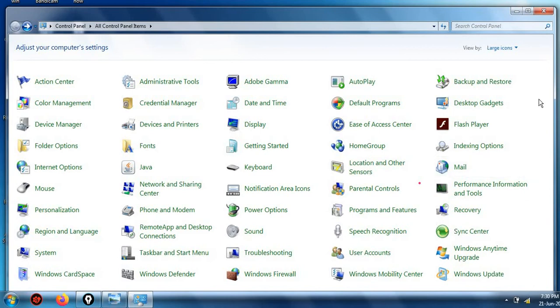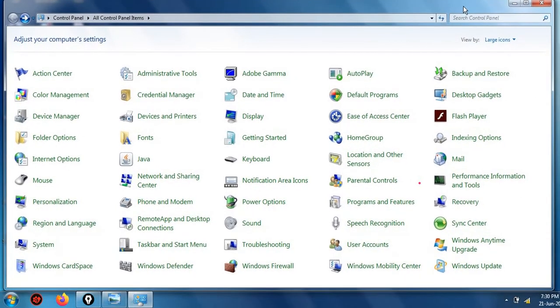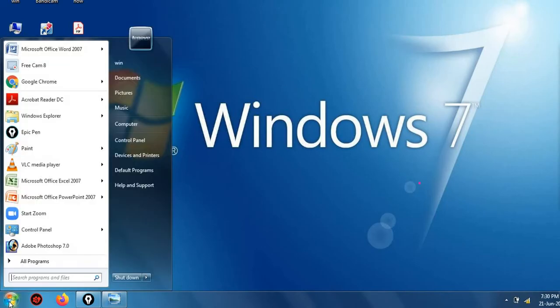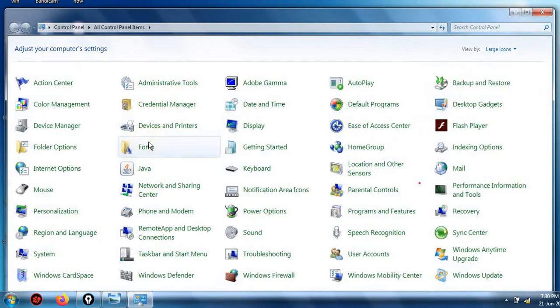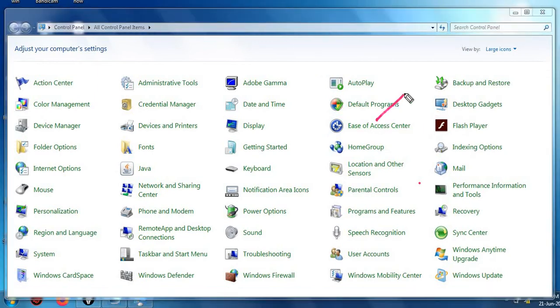So first is about the mouse. If my mouse is not working, what will I do? How do we open Control Panel? Start button, then Control Panel, right? In this Control Panel, you will see Ease of Access Center.